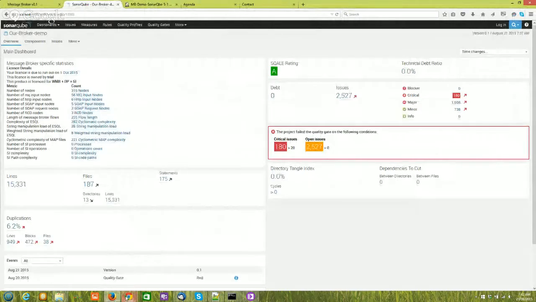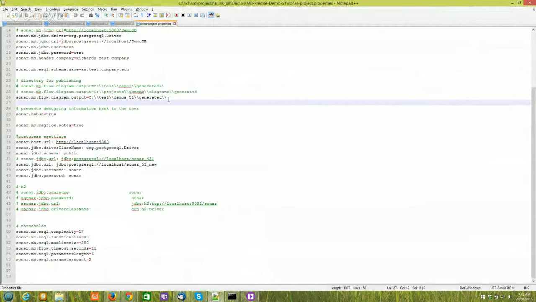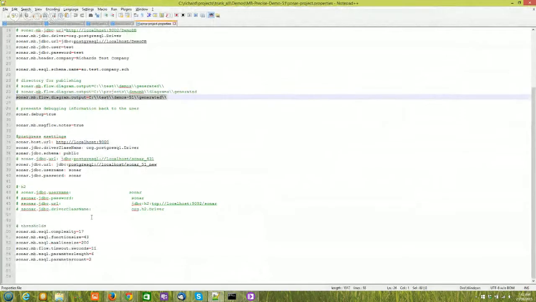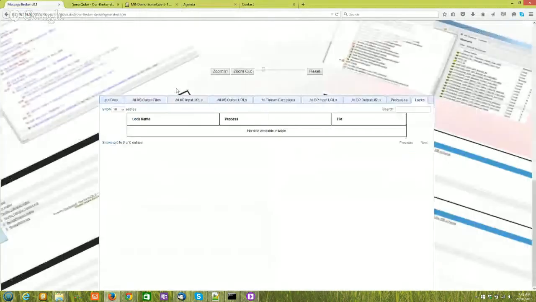So the last part of our webinar is something called the diagramming component, which is just configured using the properties file, just the default directory. The diagramming component is an add-in that we've created for the plugin, or an extension for the plugin, that helps us understand our message broker projects better. So it helps us understand it diagrammatically from what we understand about your code based on what we've done already to analyze the project. What I've got running here is just a fairly simple Mongoose web server, and I'm